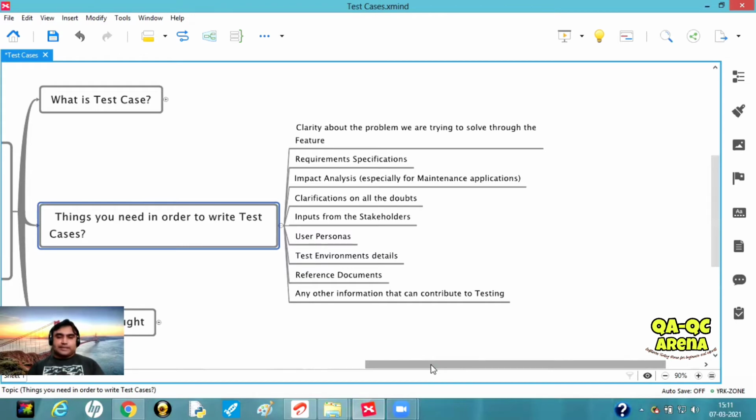Now user personas. What are user personas? The users who are going to use your application. Take any application for that matter. Again, I'm not talking about API or mobile or web or desktop. Any application will have users, right? And every user may not be admin. Every user will play a certain role in that specific business workflow of the problem they're trying to solve using your software solution. So try to understand those user personas. And I'm not talking about authorization and authentication for a specific user.